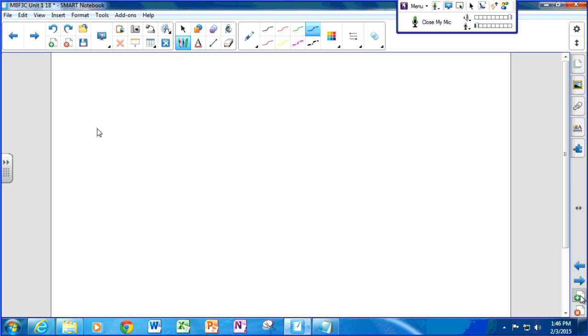Now when it says graph, if you wanted to, you could plot a few values for x and y, maybe -3, -2, -1, 0, 1, 2, 3. And you could actually plot them out on graph paper. But when it says graph, really what I would like to see, what I'll give you the marks for, because I don't want you to waste a lot of time on this. So this is the first one.